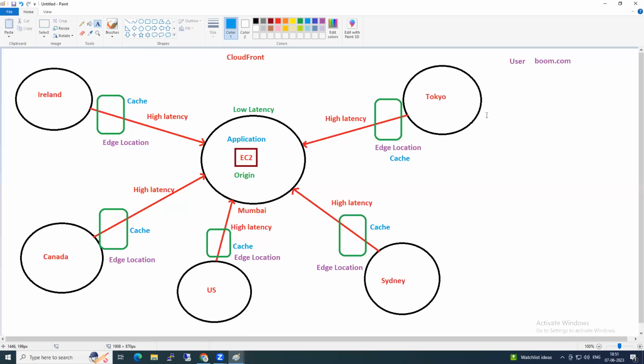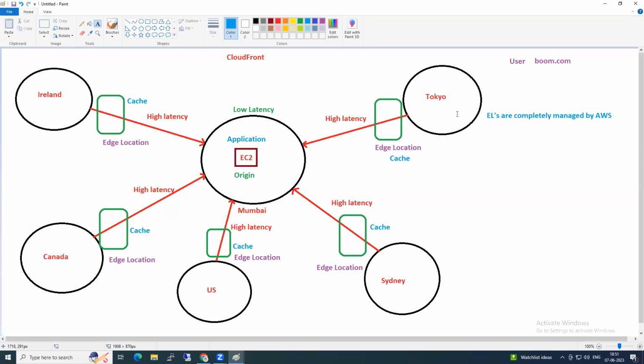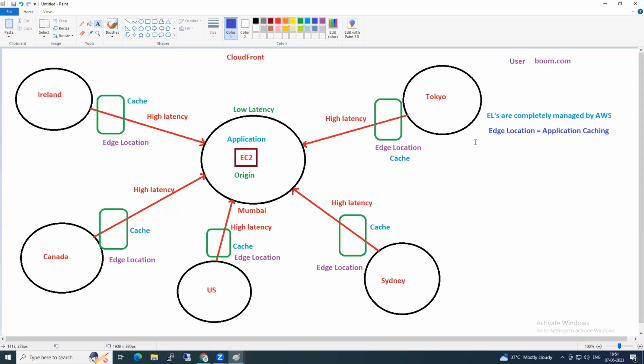Edge locations are completely managed by AWS. So if someone asks you what is edge location, what is the use of edge location? Can we say that it's for application caching? It is for caching purpose. Edge location meaning caching purpose.